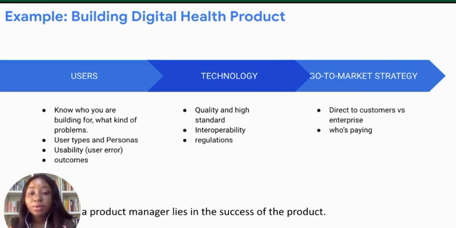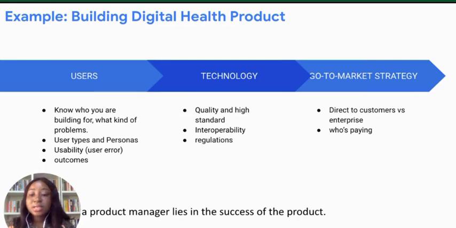You want to check the regulations. Truth is, for a country like Nigeria, if you are building an app, if you are building any product, make sure that you have somebody who really knows the law, who knows these policies and regulations on your team, right? The health space is a very, very important space whereby we have to ensure that your product is the type that can actually keep people's secrets, right? People's secrets are very, very important. So these are things around regulations that you want to consider when you're building a digital health product.